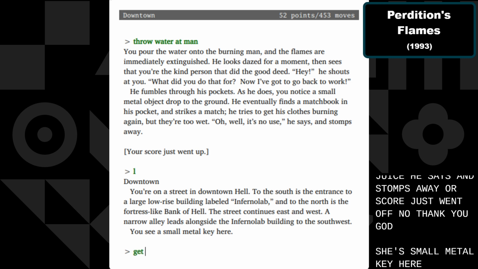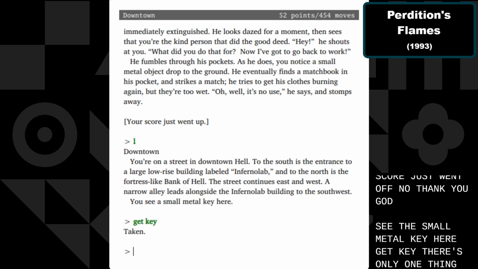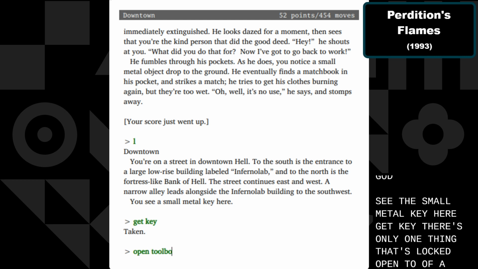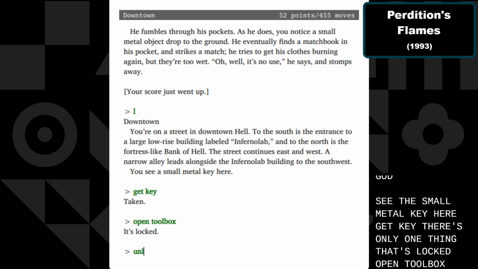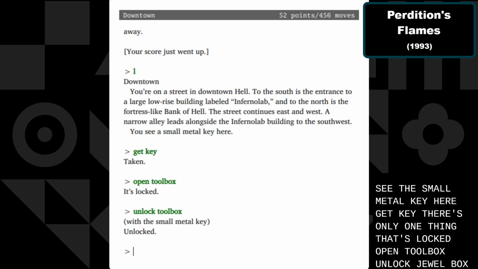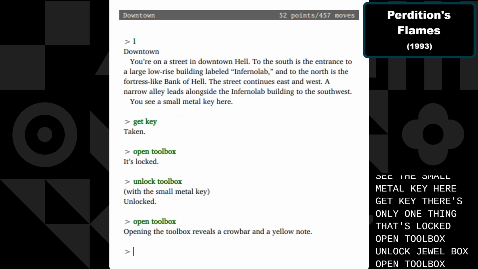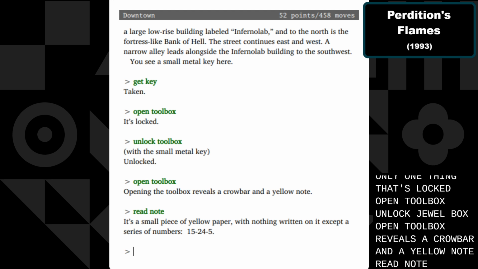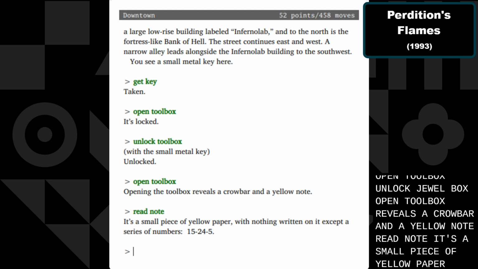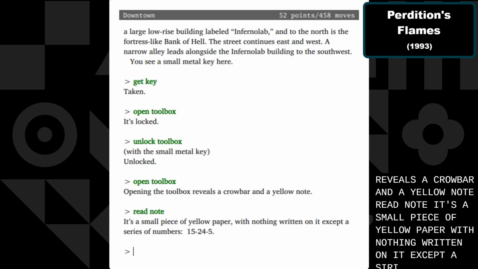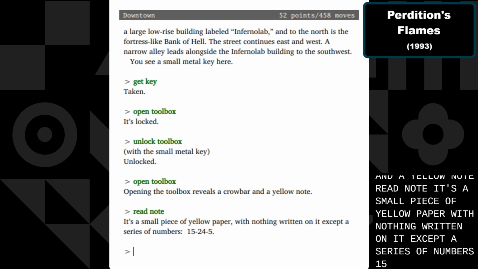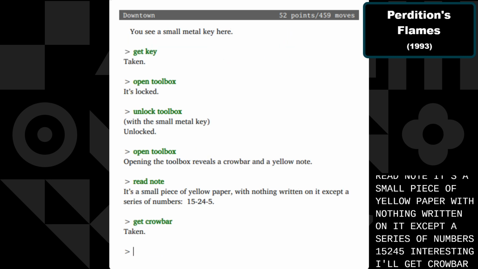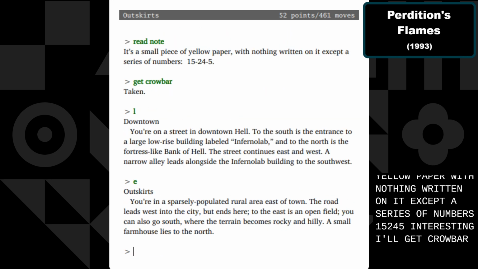See a small metal key here. Get key. There's only one thing that's locked. Open toolbox. Unlock toolbox. Open toolbox. Reveals a crowbar and a yellow note. Read note. It's a small piece of yellow paper with nothing written on it except a series of numbers. 15, 24, 5. Interesting. Well, get crowbar. And then,